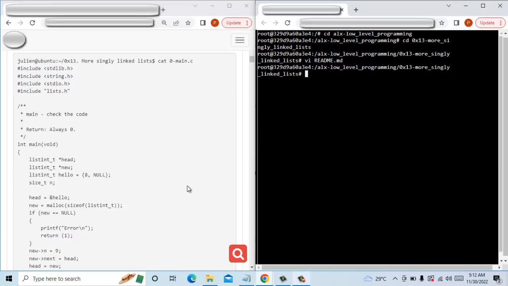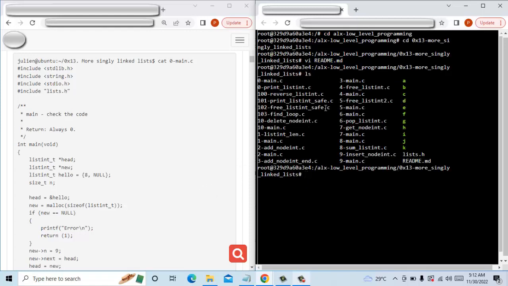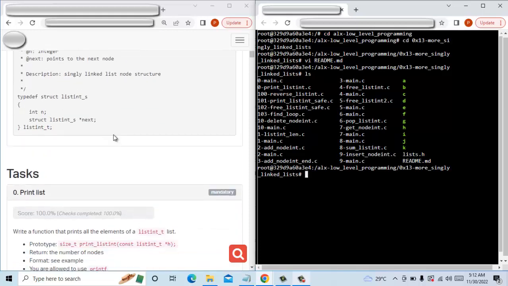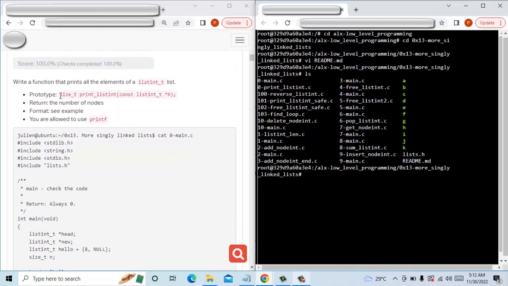The next thing to do is to create. Now you're going to see the list of all the files I have. Okay, now you've created your readme, which is here. The next is to create your list.h. This is where you're going to input all the prototypes made available to you. These are the prototypes here. Okay, so these are the prototypes, and